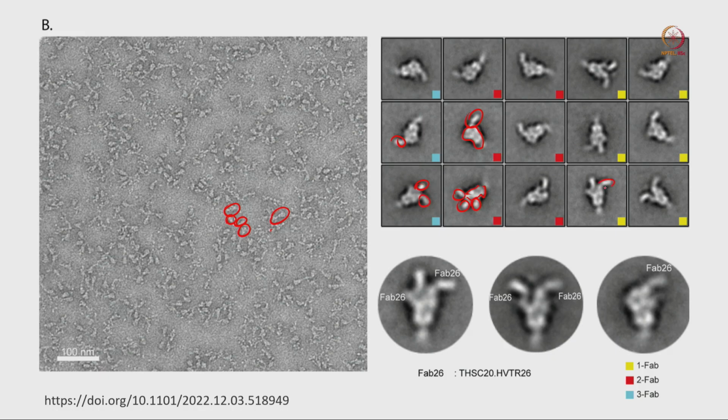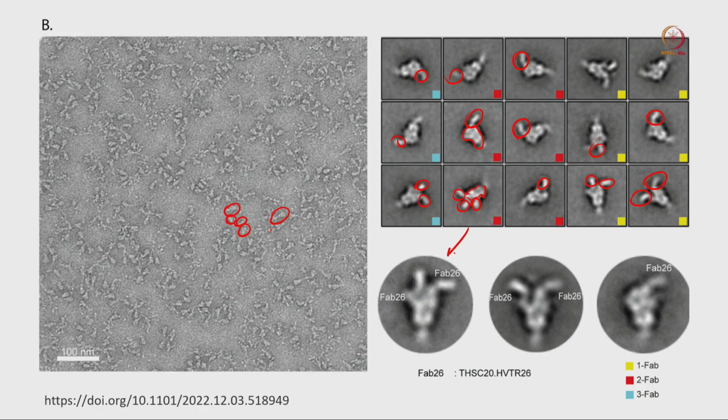So from there you can tell that there are some spike proteins where 3 antibodies are binding. In some cases only 2 antibodies are binding, and in some cases only 1 antibody is binding. So from these 2D averages you can predict those interactions, how many antibodies are interacting, how they are interacting, and what the overall morphology is.